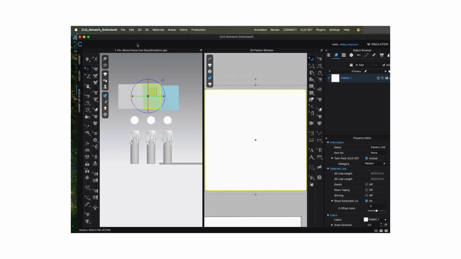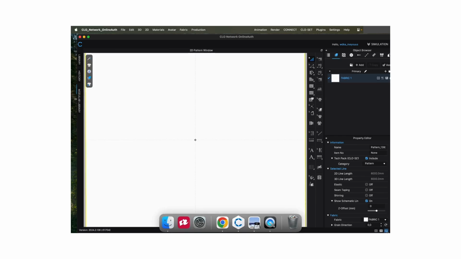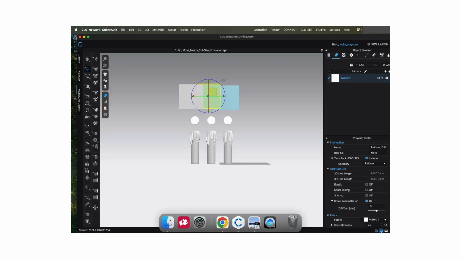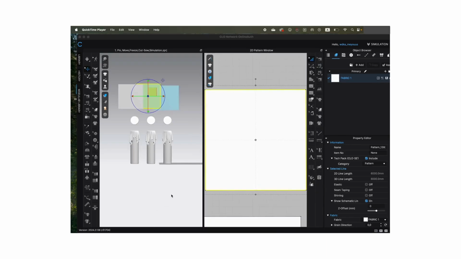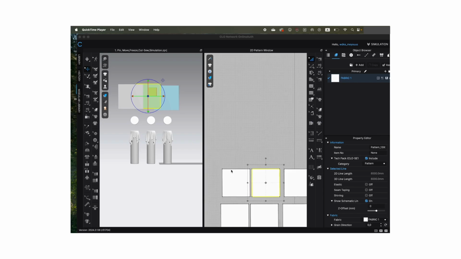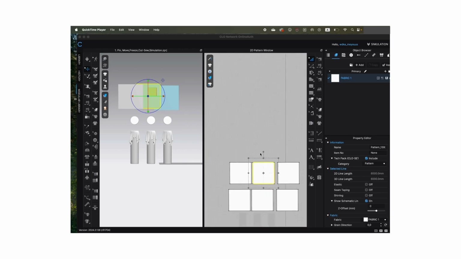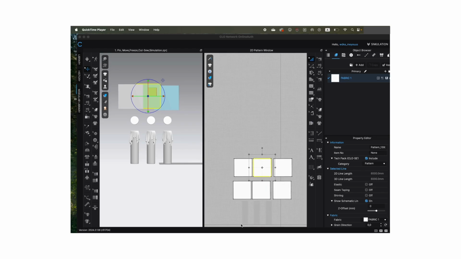I'll move a bit, but I could also choose that, okay, I want to only view my 2D window at the bottom right. I could choose to view only my 3D window, or I could go back to the split screen. In the 2D window, it is also possible for you to see the patterns. If you would zoom out, you see not only the physical pattern, but also the shadow of the 3D objects. So if you have an object, an avatar, a shape that is three-dimensional that you have brought in